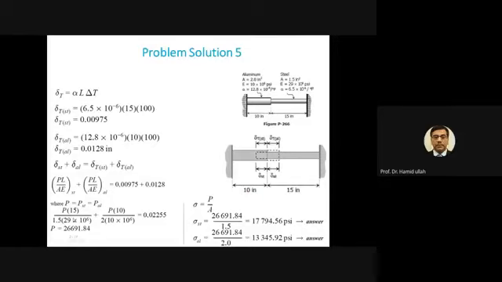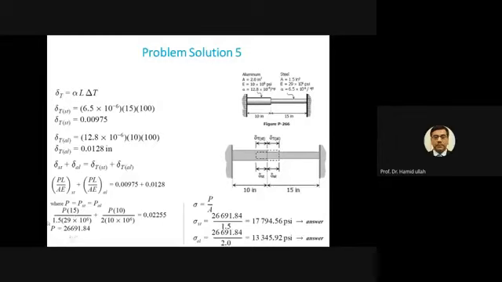So putting in this equation, P steel equal to P aluminium, and then one equation, one unknown, and the unknown quantity is basically P. What is P? P is the resistance offered by the support, or you can say the resistive force, or you can say the reaction offered by the support, that doesn't allow the expansion of the body, the displacement of the body, the elongation of the body.